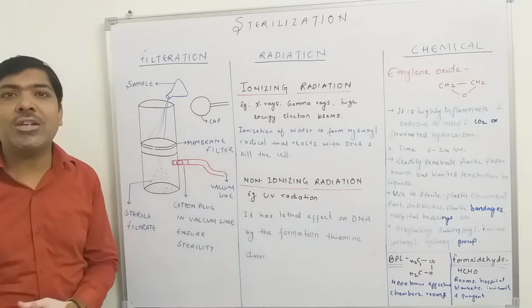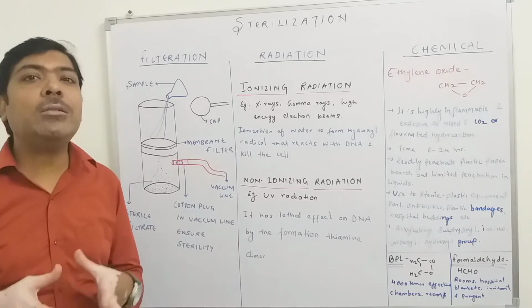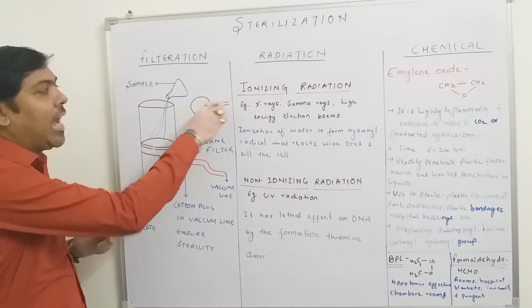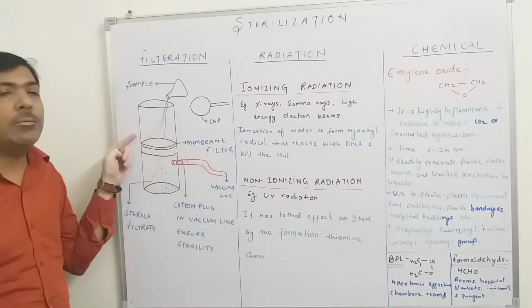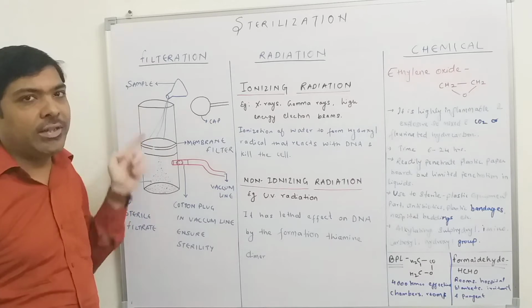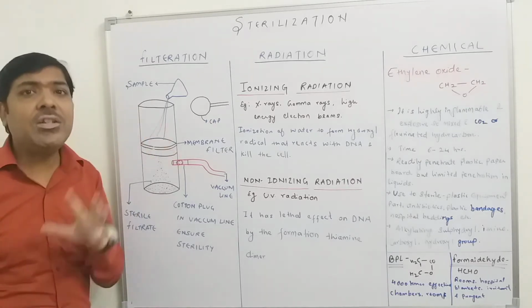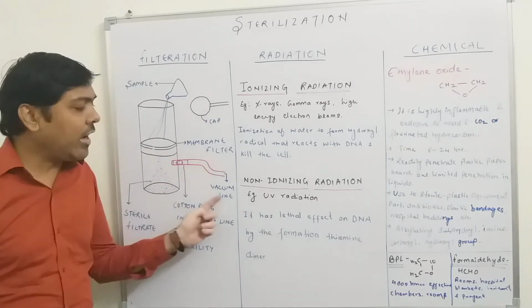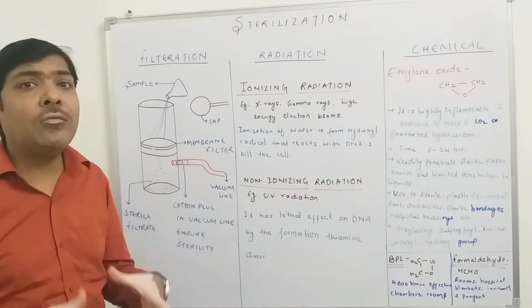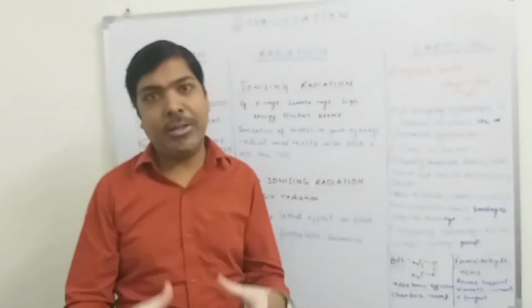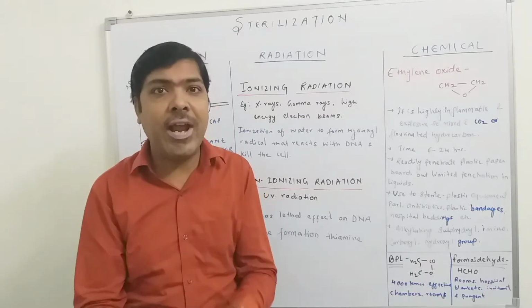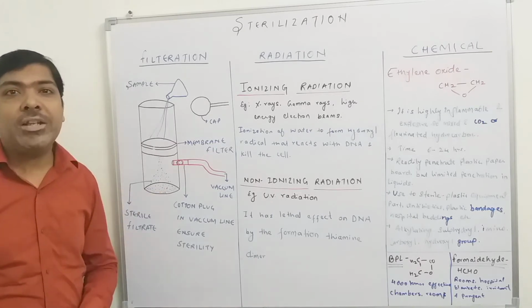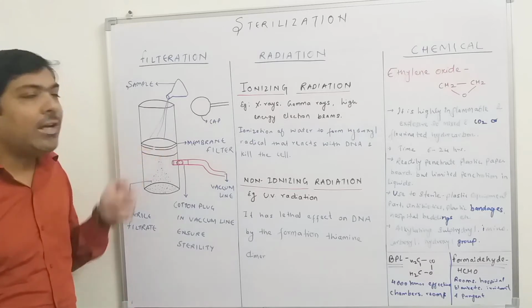Once we start the procedure, whatever material we have to sterilize is put in compartment number 1, and then one cap is also provided with the assembly. After pouring the material that has to be sterilized, we put on the cap. Once we arrange the assembly and pour the material, we have to switch on the vacuum line. Because of this vacuum pressure, the liquid or substance that has to be sterilized is easily dragged down, and when it is dragged down into compartment number 2, where we recover the sterilized material, it has to pass through the membrane filter.